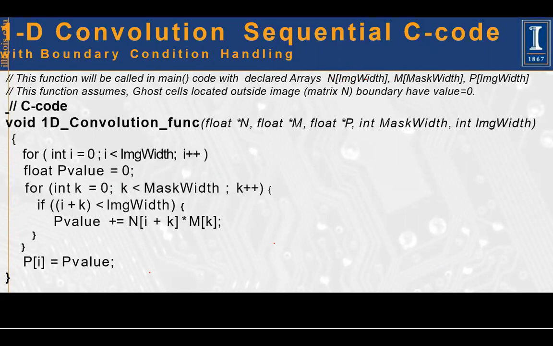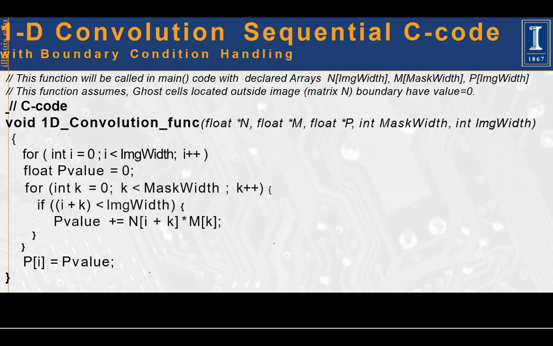We are taking one line of an image. It's a one-dimensional data, which we call N, having size of image width. And mask has the size, one-dimensional size, of mask width. And of course, the output, because it calculates convolution on each element of this and places it in the output. So output size will also be image width. P is also image width.